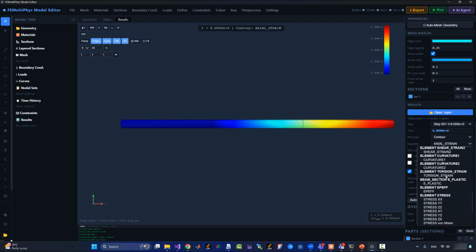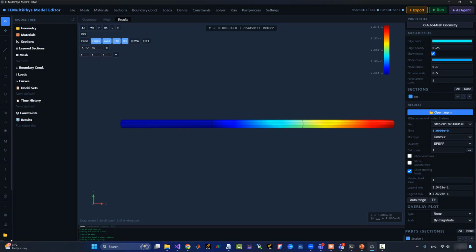You can even see, I think, a plastic strain. Yes, so this is the plastic strain for these elements. So again, this is the general idea. You can play with various options. We can also create a force displacement plot and save it. To do that, we go to post-process,